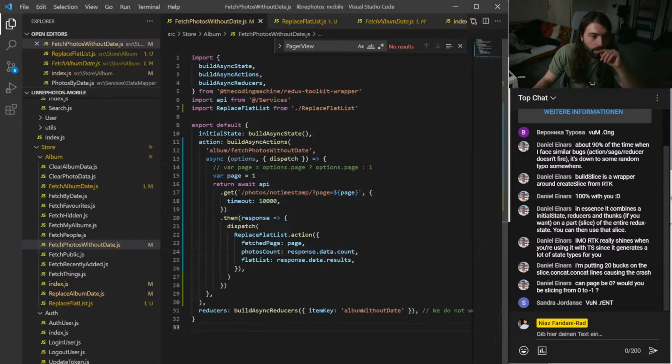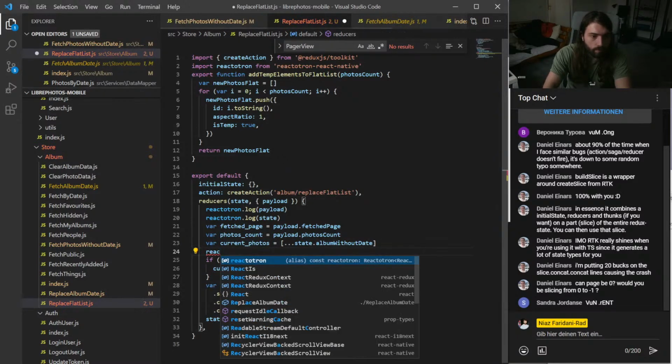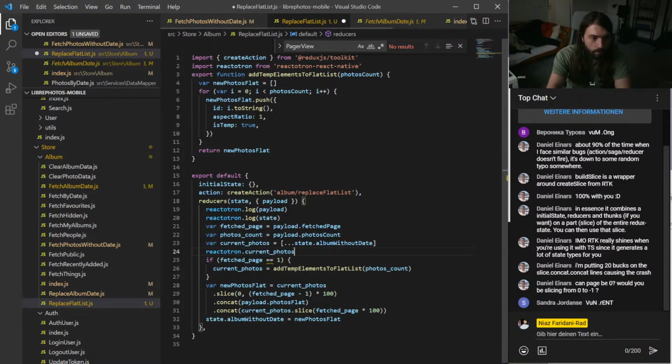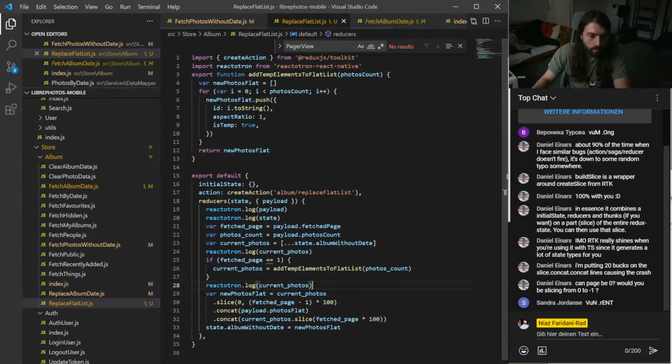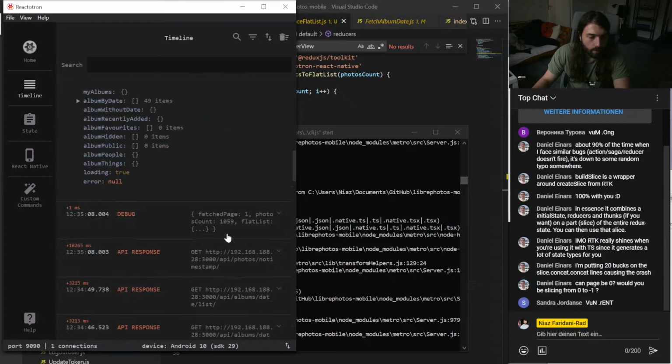So album without a date is still empty. So maybe I used something wrong.